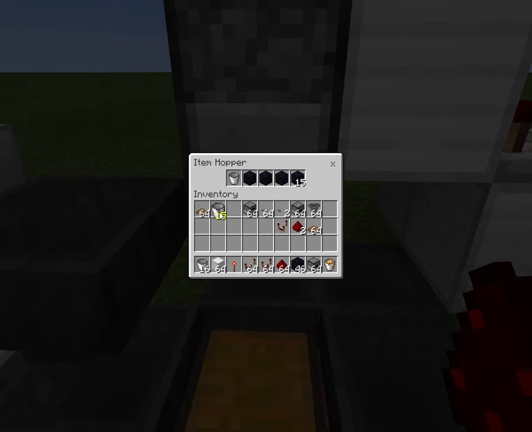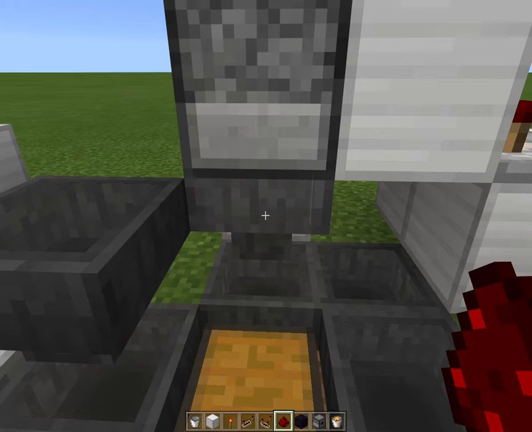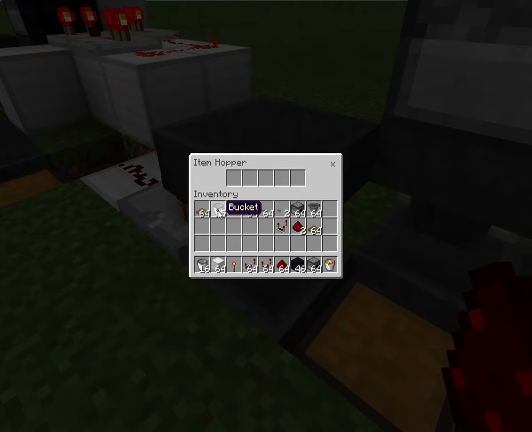Boom. Okay. So this is the ratio you need. You need one empty bucket and then a total of 18 other items filling up the other 4 spaces. Okay? And you need to do the same thing here to this sorter system. And what this does is that this is the amounts you need,